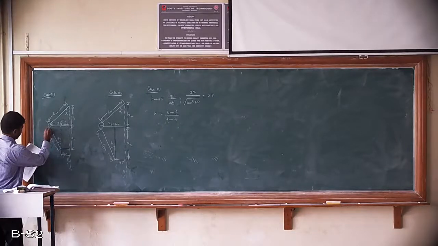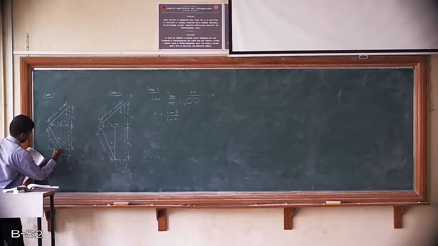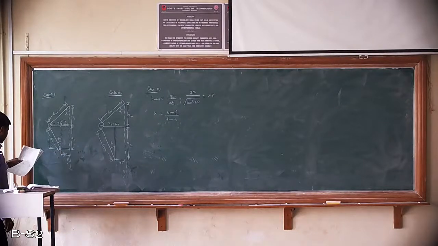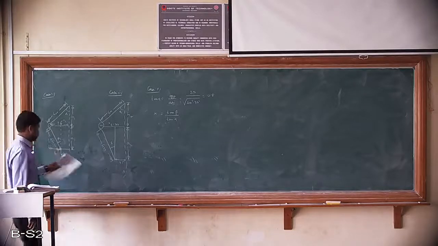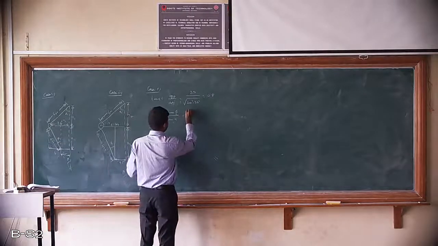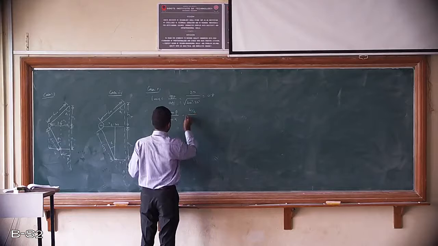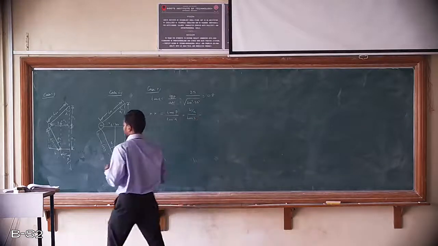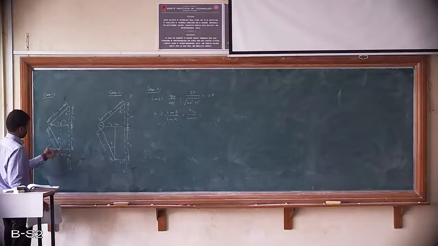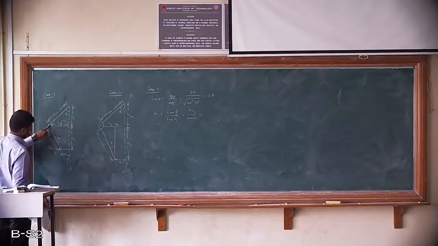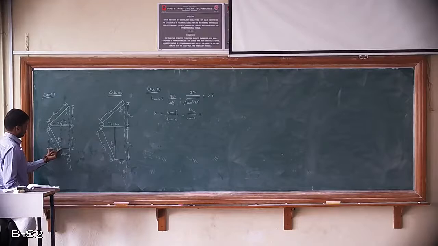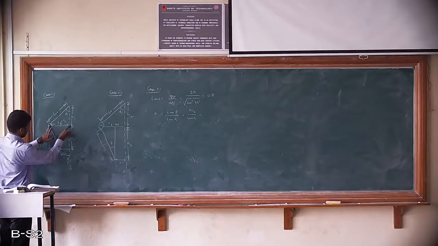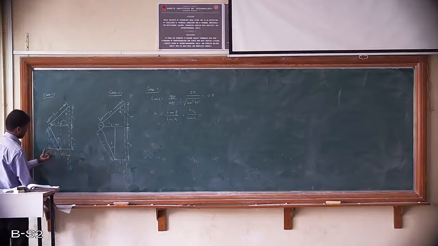So I will extend this as a dotted line, and I will call this distance as b. So tan beta is equal to b divided by a, divided by tan alpha I can make. So b is known. What is the value of b? From this point to this point it is 250, but I want only b, only this much length. So it means 250 minus this, I am going to get the value of b as